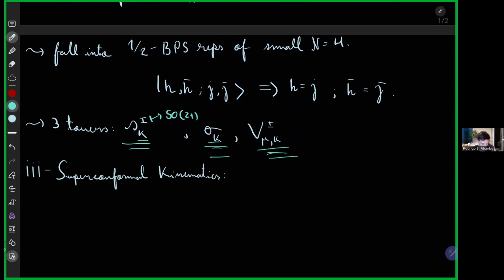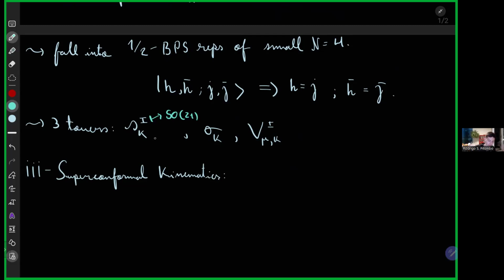Perfect. So we have these guys in our supergravity spectrum. As usual, from the AdS3 dictionary, these fields in the supergravity theory will correspond to operators in our superconformal theory. They'll fall into these half-BPS multiplets, as I said. And this label K, which is related to the KK mode, will essentially tell you what is the SU2 spin of